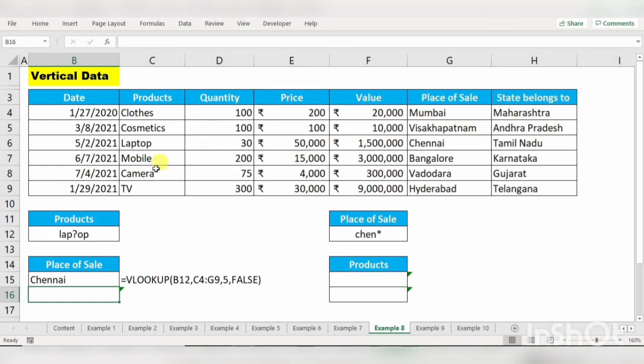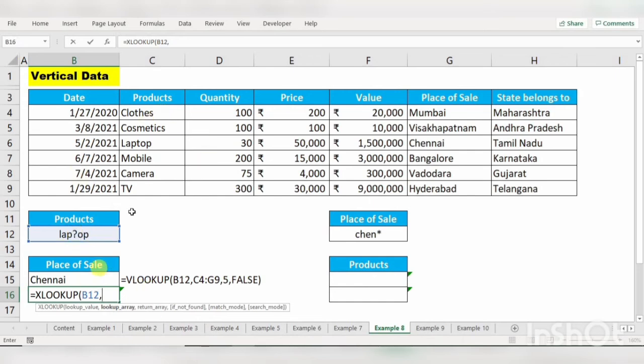Now you can see laptop, under laptop place of sale is Chennai. In VLOOKUP, without entering any match mode we can get a result, but in XLOOKUP if I am doing the same, it will throw an error message.